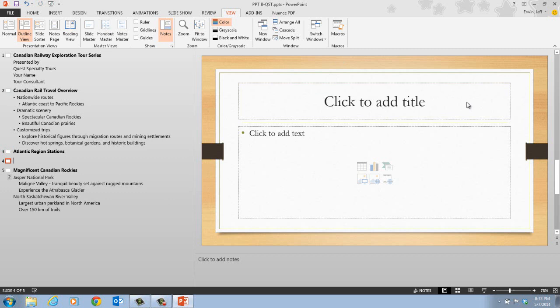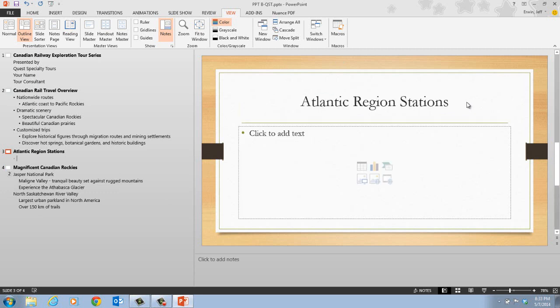However, we don't want a new slide, we want to now input content. And to do that, we need to press our tab key. And when we press our tab key, we see that now we're ready to input some bulleted text. Because when you press enter after typing the title, that is when you create a new slide. But because you want to enter bulleted text on slide 3 instead of making slide 4, you press the tab key, so the text that you type will be entered as bulleted text on